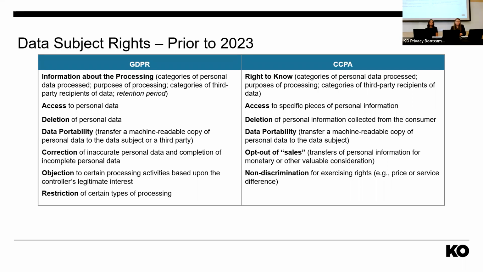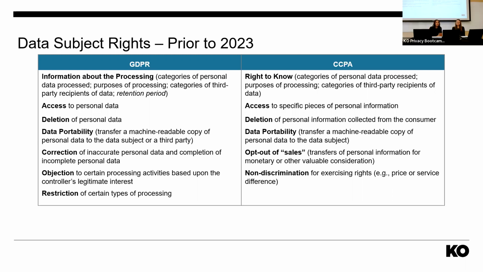So both in Europe and in California, you have this right to know detailed information about the processing of your personal information. So basically the privacy policy tailored to you as an individual consumer. You have rights to access your specific information that the company holds on you, the right to delete information, and it's somewhat narrower in California. It's technically you only need to comply with requests to delete information that you collected directly from the consumer. And you'll see across these new state laws that's going to vary between them. And then the idea that you can get a copy of your data and transport that to another vendor or